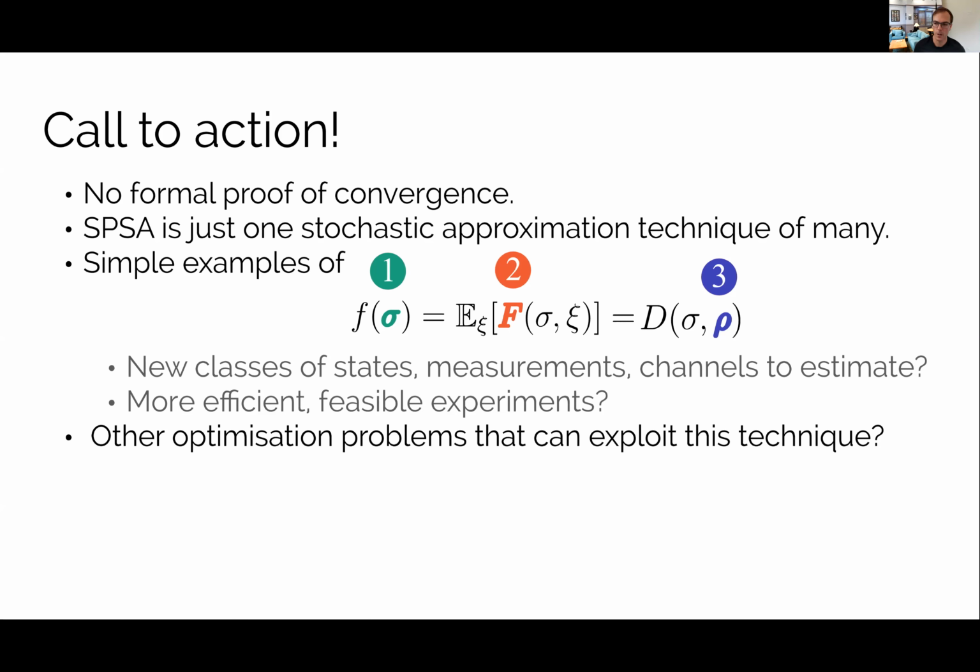So the first call to action is to actually come up with a formal convergence proof of this. You can't just apply the classical literature, although, as you see in the experiment, it's a useful protocol, and all the simulations suggest that it's going to work. On that note, I've used one of a seemingly infinite number of possible stochastic approximation techniques. So perhaps another one works better in theory or in practice. Given that, from what I've heard from the three experimental groups that have implemented this, it's remarkably easy to use, and takes far less time than standard tomography,